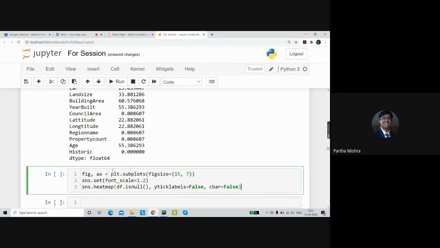Okay. And let's put the color map as, let's say, gray in the reverse format. Now, the last thing we can mention is plt.show. This will allow us to show the plot.